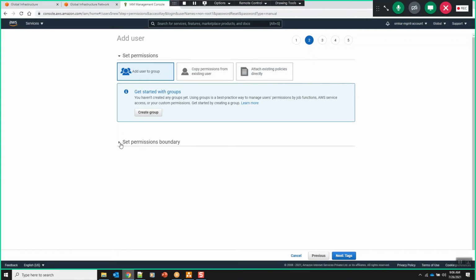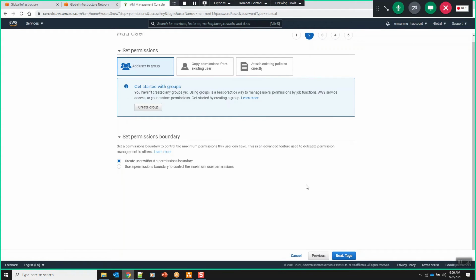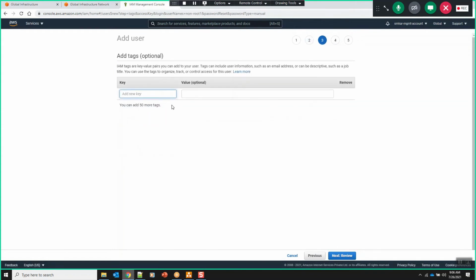So I will simply go to next and add the existing policies only. Here, these are tags. We create many AWS resources in the AWS account, right? When we want to search for those resources quickly, these tags will help us. Let's say that we have resources created in dev environment, production environment, and some other UAT environment. If you want to search for resources quickly by using any tags, this would be pretty much useful.